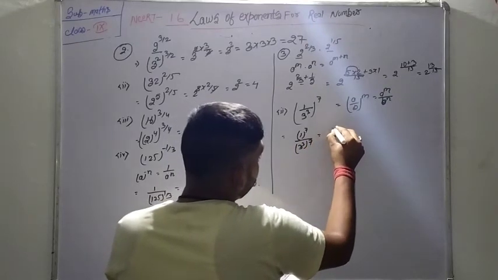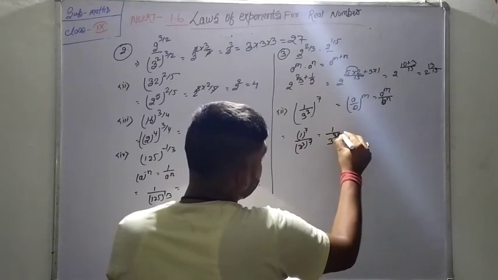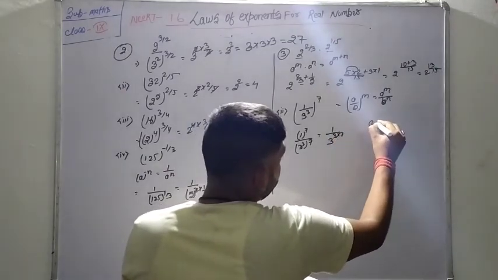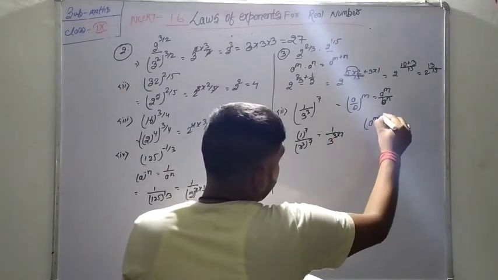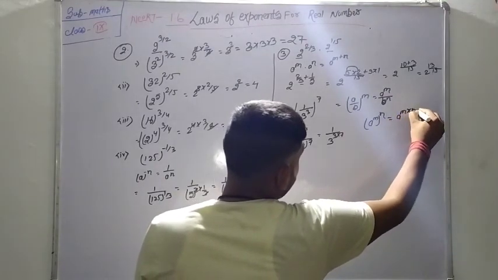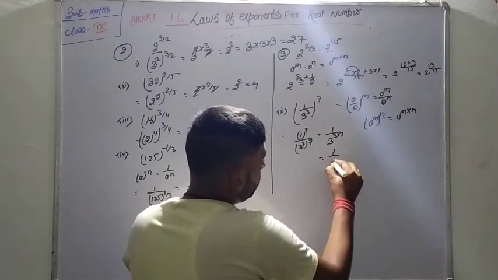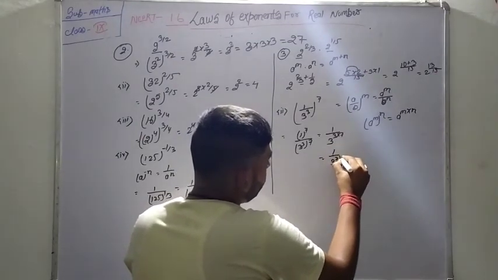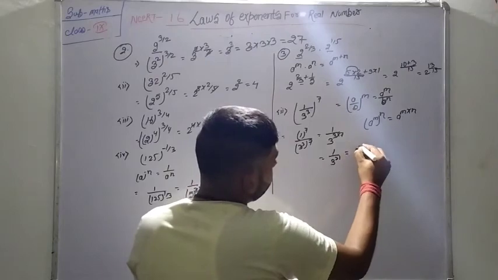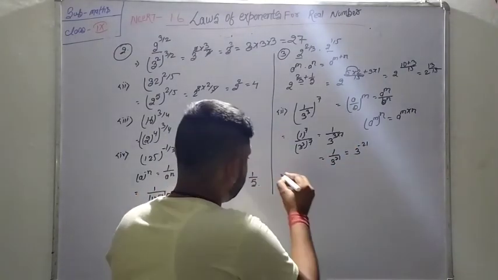We know that 1 raised to the power 1 upon 3 multiplied into 3 into 7, because we know that a raised to the power m raised to the power n is equal to a raised to the power m into n, is equal to 1 upon 3 raised to the power 21, which is equal to 3 raised to the power minus 21. And number 3,